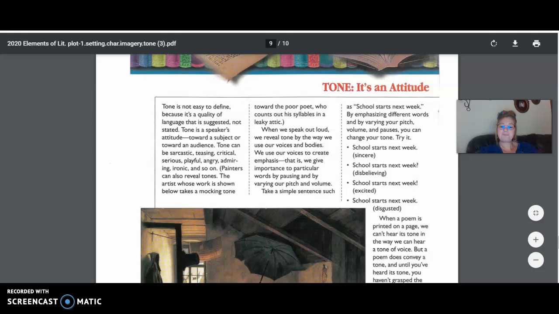Okay, here we go. When we speak out loud, we reveal tone by the way we use our voices and bodies. We use our voices to create emphasis. That is, we give importance to particular words by pausing and varying our pitch and volume. Take a simple sentence such as "School starts next week." By emphasizing different words and by varying your pitch, volume, and pauses, you can change your tone. Try it. So in this exercise,